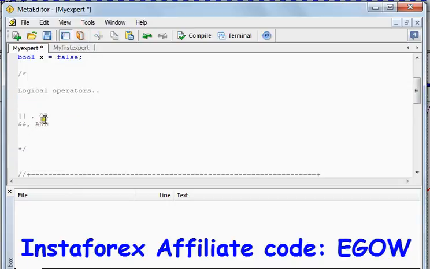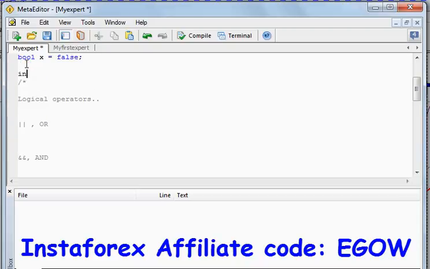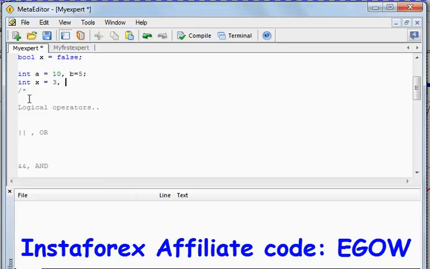The second operator is called the OR operator. It is used with relational operators. Say we have two integer values, a equals 10 and b equals 5, and x equals 3 and y equals 5.